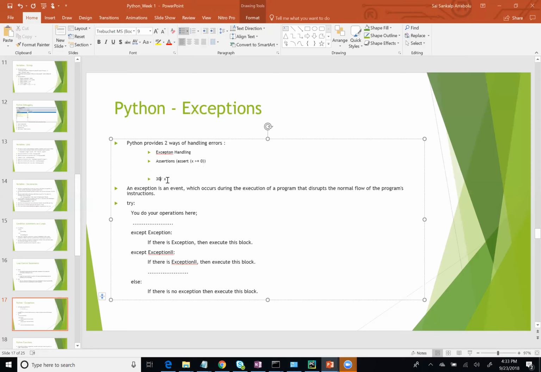But if you know that x should not be 0, what you will say is assert x not equal to 0. So what this does is before this statement gets executed, it'll stop and say, hey, your x is not of the right value. So this is generally done by programmers to ensure that the code which they're running does not